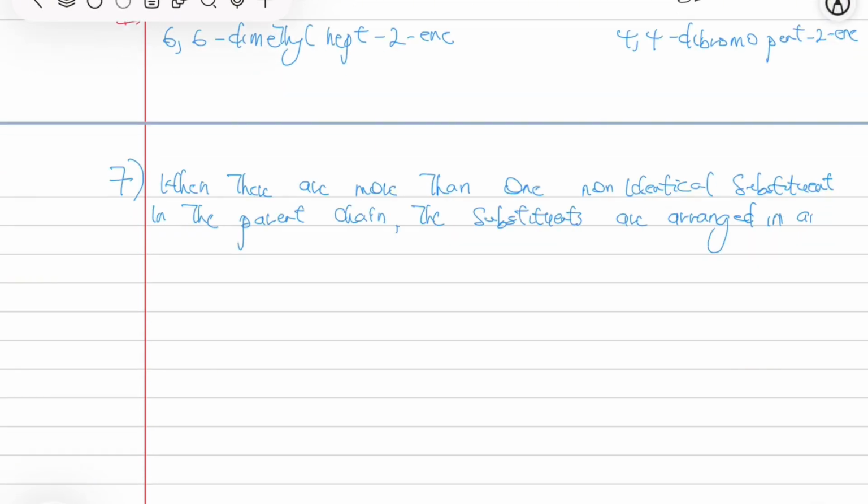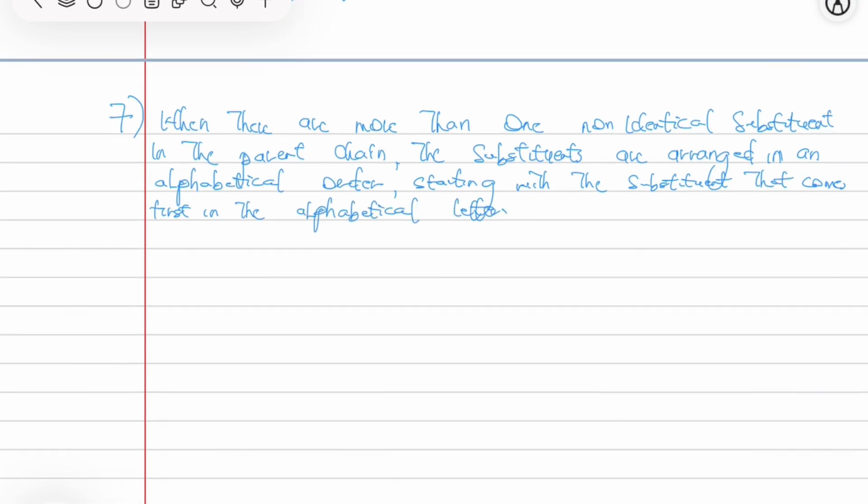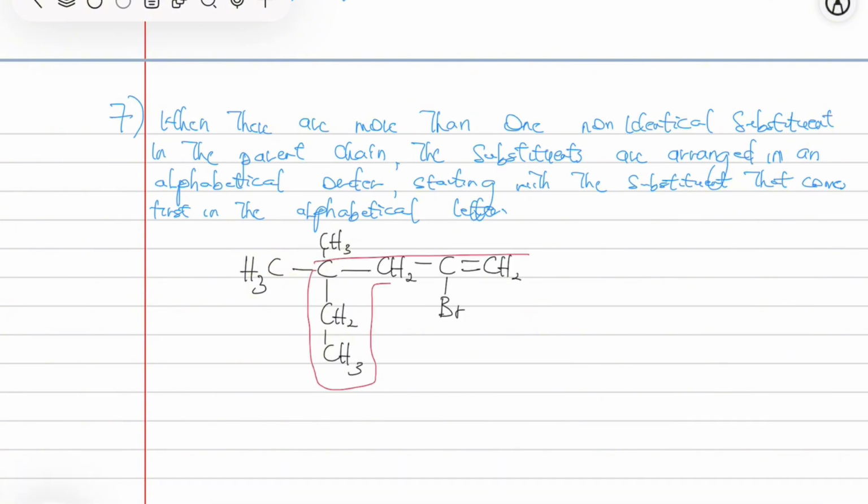Another important rule we must observe in naming an alkene is when there is more than one non-identical substituent in the parent chain, the substituents are arranged in alphabetical order, starting with the substituent that comes first in the alphabet. An example is illustrated in the compound below. The correct nomenclature of this compound is